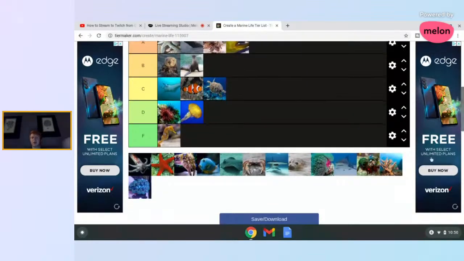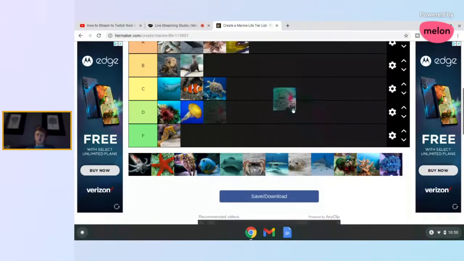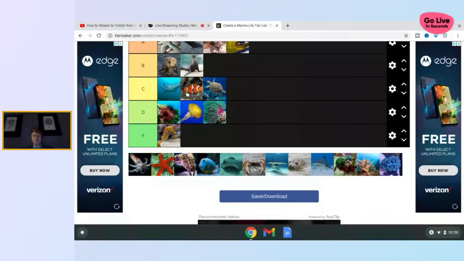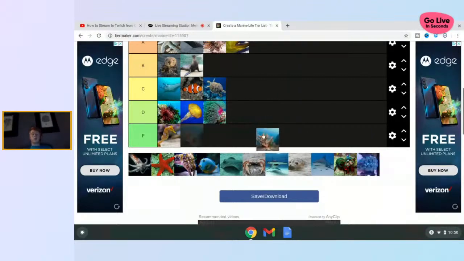Okay, so let's be honest. Sea anemones are a boring build, so they're going to D tier. They have to be below the clownfish because clownfish literally use them for a home. Because of that, I hate to say it, corals, unfortunately,